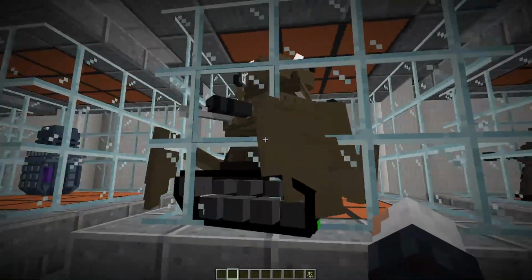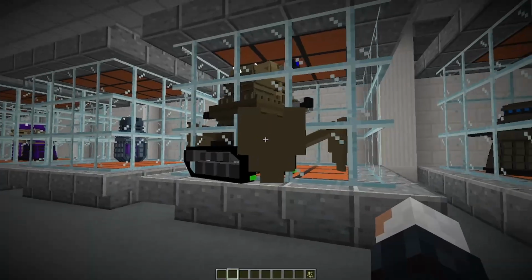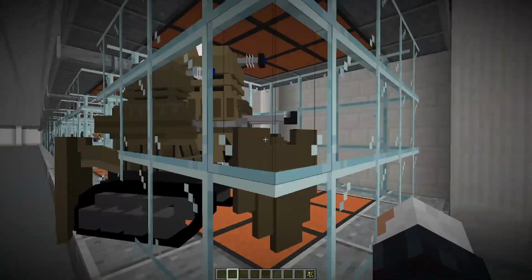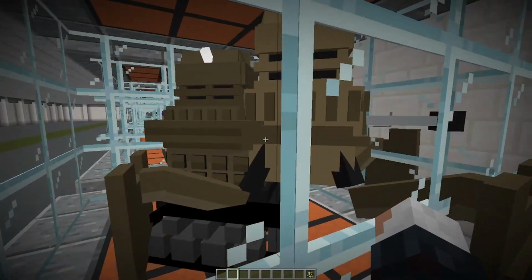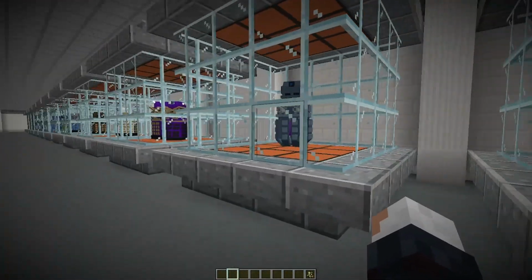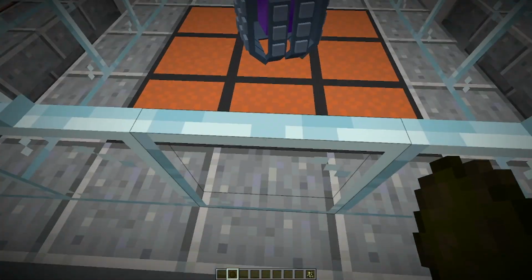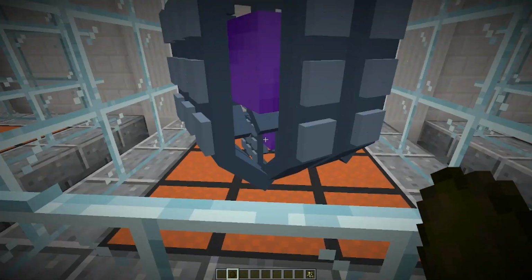We have these. I want to say we've done these, but again, that might be another mod. This is the Berserker Dalek with the tank treads, and this is a Spider Dalek. Both from Big Finish. A lot of these are Big Finish ones. This one, I forgot what this one's called. The Phase Dalek, which I think is from, most of these are from